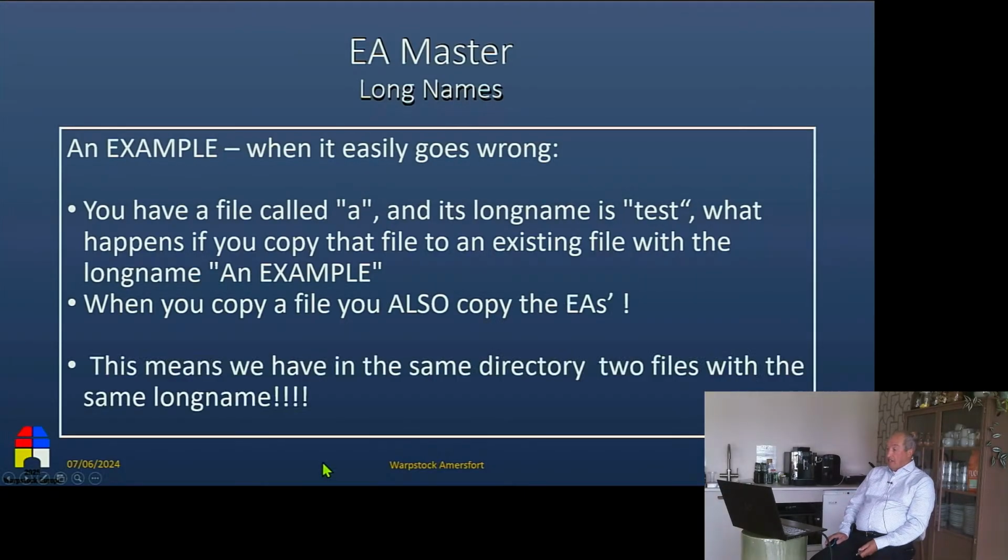So you can get, in this case, two files with the same long file name. So simple, it happens. And you don't generally realize it. I mean, how often do you copy files and in fact give them a new name? You don't think, oh, maybe the long file name also has to be changed. It's not generally a problem until you're in a program that only displays the long file names. For example, on the desktop, you can have two desktop objects with the same name. Which one's good?